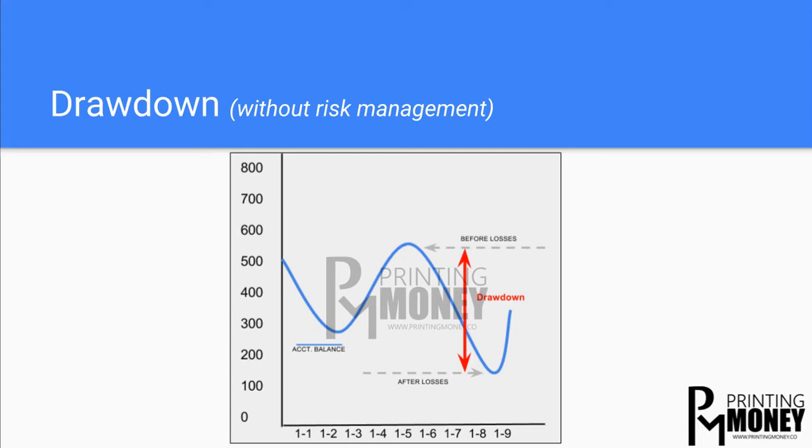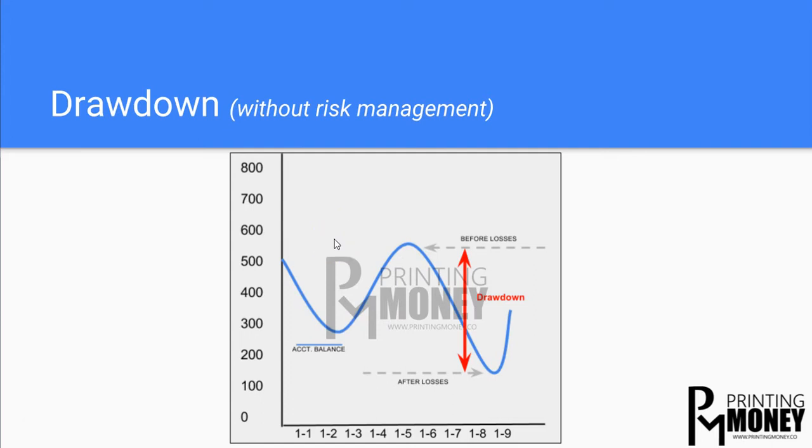But this is a slide of a drawdown. And this is what your equity curve would look like, or does look like, when you trade without risk management, okay? As you can see, this is considered a downtrend. You don't want that